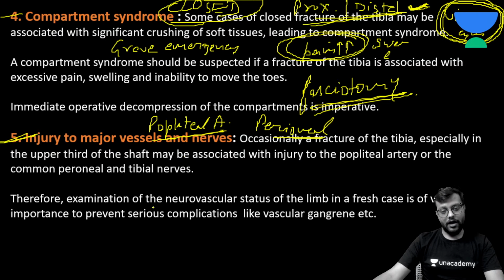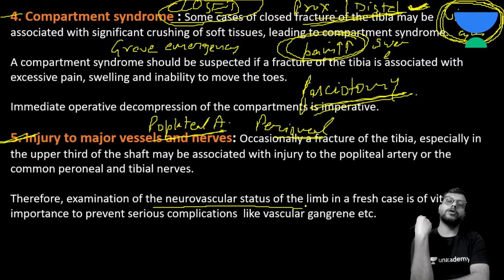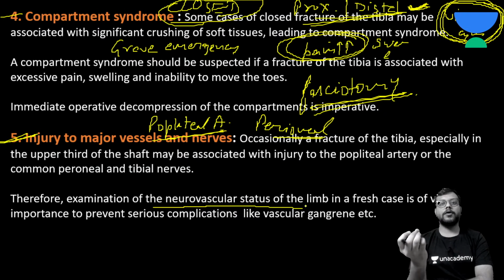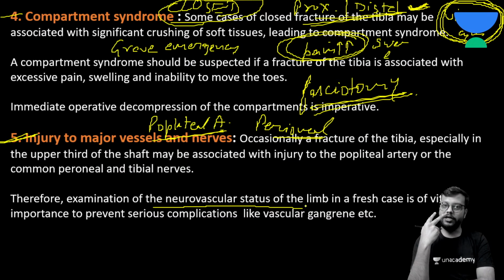Okay, so I have again told you many a times that koi sa bhi fracture ho, first of all you have to see the vessels and the nerves distal to that fracture. And कोई भी trauma का case है, there are two important x-rays जो आपको हमेशा कराने हैं. First is the chest x-ray and second is the x-ray of bilateral hip with pelvis. Okay,